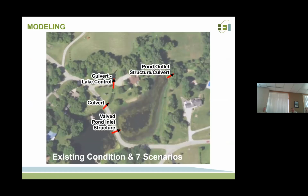Okay. You may not be getting a true higher level of that, and ultimately, if we cut those out as one of the solutions, I think you get a better flow plan, go through the new one, and you avoid all the legal issues of having to deal with a private owner. Say, Brian's been fairly congenial on it, but he could cause problems, or say he sells the house and gets somebody else in there. You never know if it could be worse or better. So I like the idea. Again, this is for me to decide, but I like the idea of closing that other part off, the culvert and the culvert lake control sections, and working with